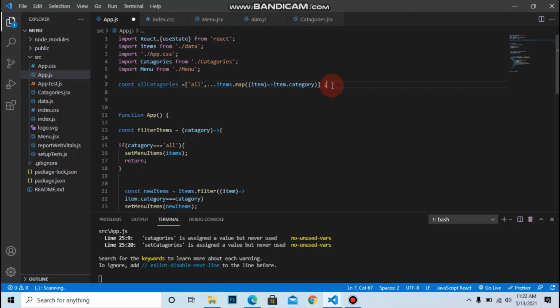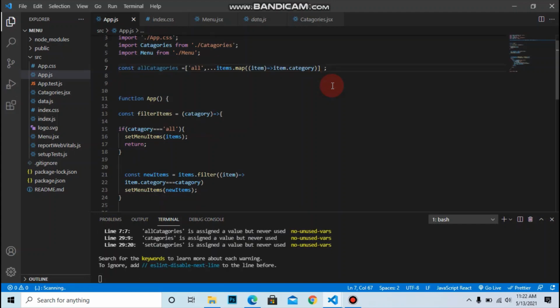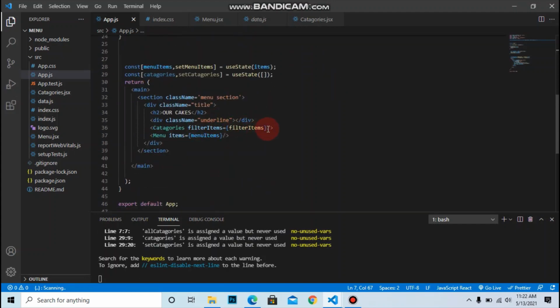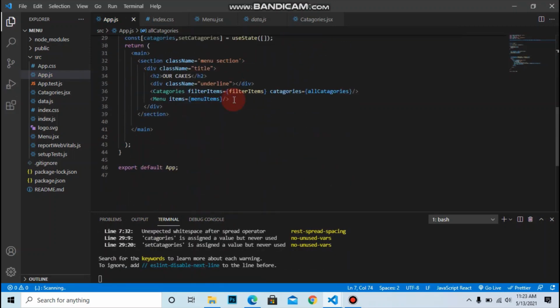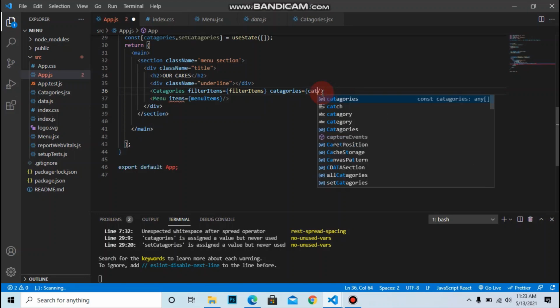After that, let's pass the state value to the categories, that is all categories. In the categories equals to, we use the new set method and pass it to this, and let's pass the categories to our categories component, not all categories. We pass the categories state variable as a props.